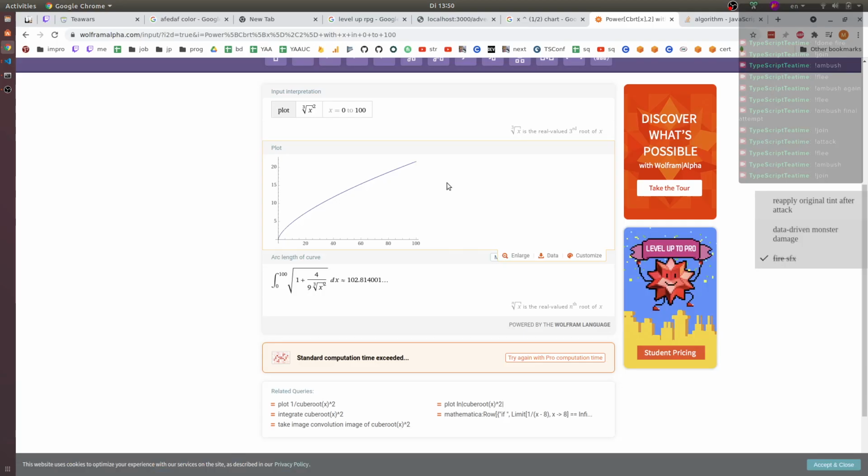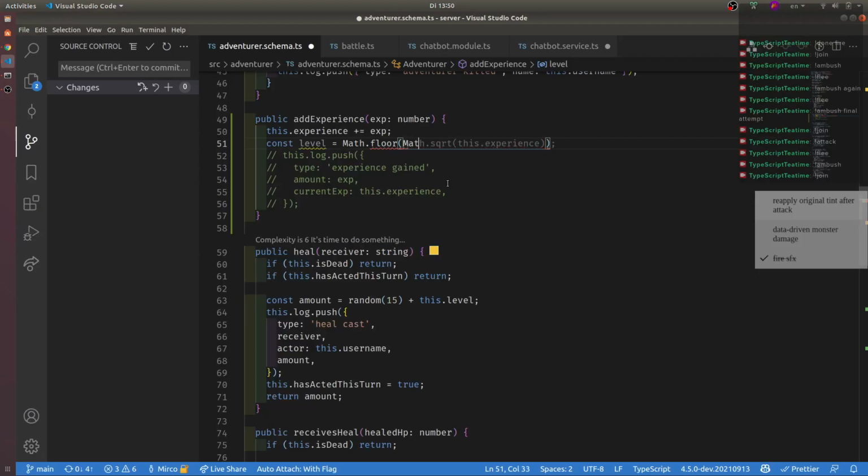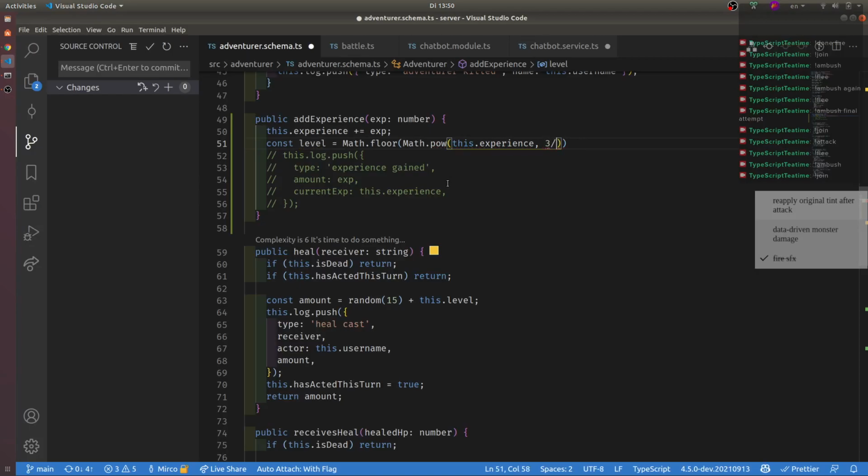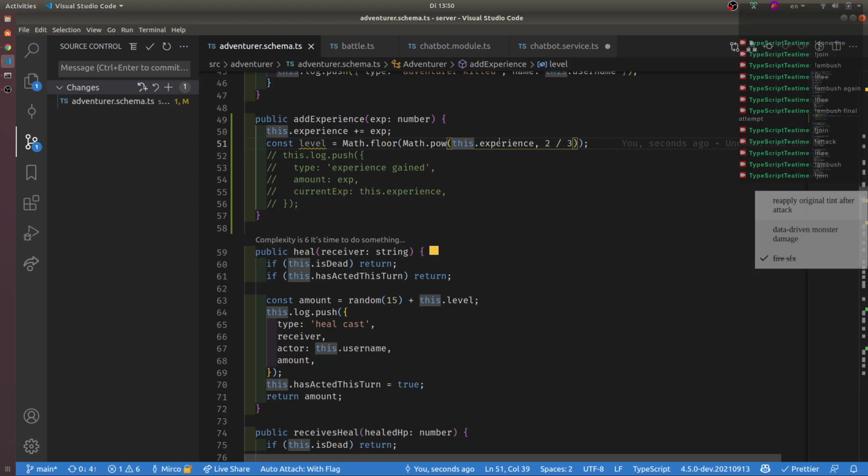Then we want to have math.power of our experience, and we take 2 over 3, right? Yeah. And why do you not like that? Okay, that's the reason. And now we just have to normalize it. For example, every